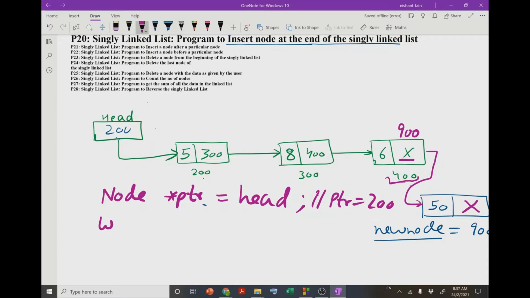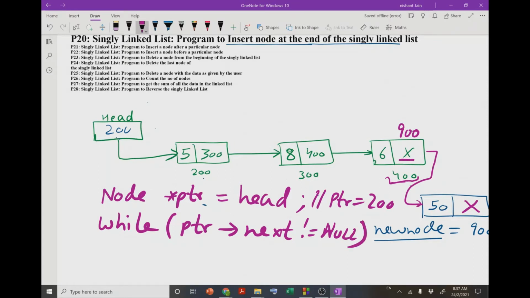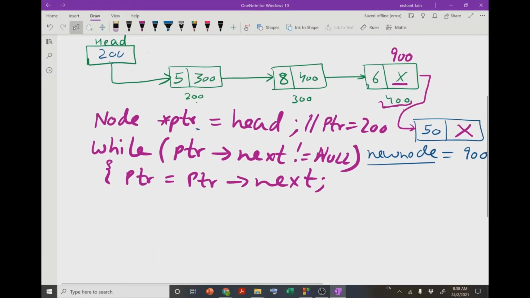Now I check this condition: if PTR next not equals to null, then I am going to update the value of PTR. So PTR equals PTR next, right?